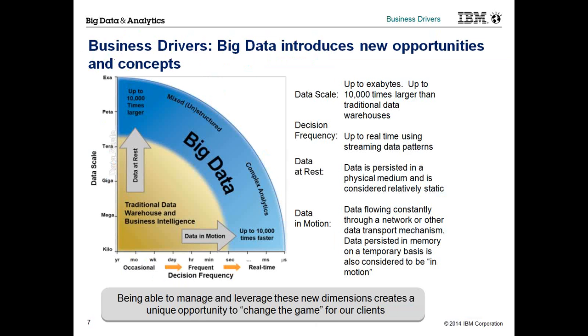One last slide on the big data over here, which is what are the business drivers. So if you just focus on the graph over here on the left-hand side, I guess it has come up on the screens now. We're talking of the decision frequency going from occasional, frequent to real time, coming from a year to millisecond to nanosecond to microsecond, to the scale of the data, right? Coming from petabyte to exabyte to zettabyte to yottabyte, and probably there'll be another word coming in a little later. But this is important, right?